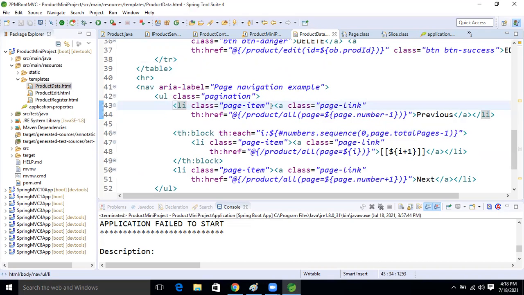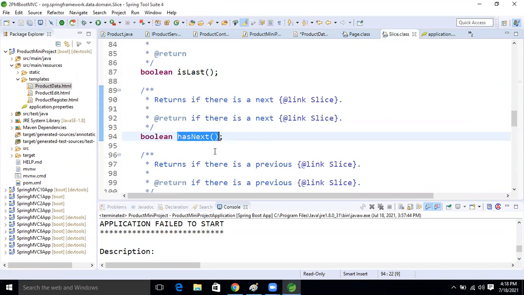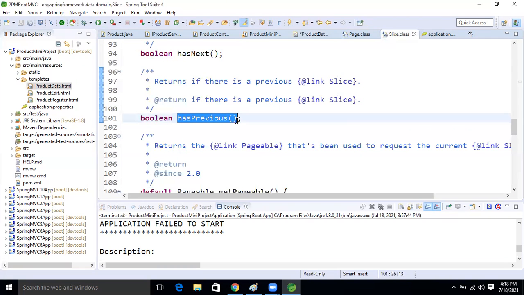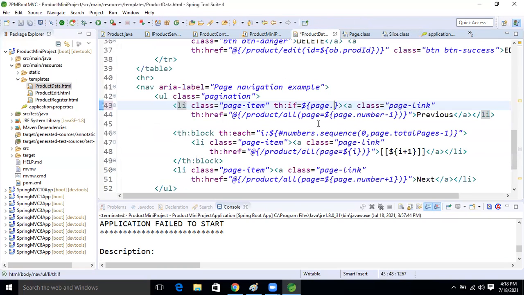Li is there. Now come here. Okay, so what we will do now? th colon, we will write the if condition here. In the if condition, what we will do now, guys? So here, equal to, now we need dollar symbol, right? Dollar symbol to point what? The particular things. Inside that, we will take the page. Come to our slice class, right? That has previous. This method has previous. Just copy this one and come here. Okay, just paste it.